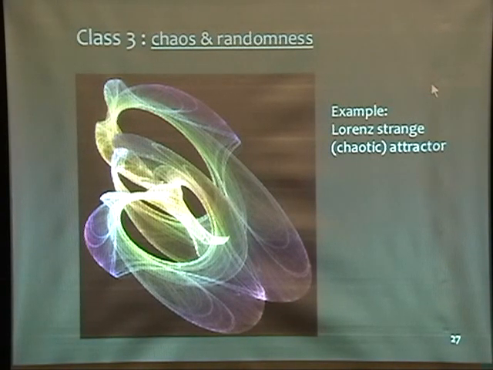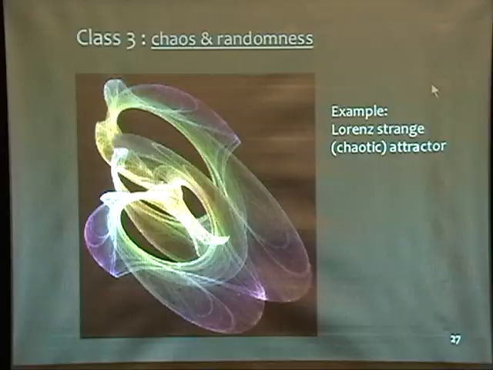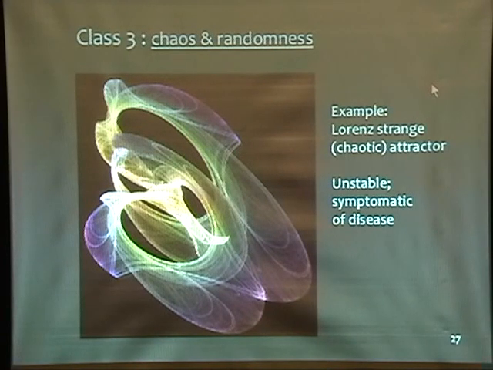So they call it an attractor, and yet it's not class 2 or class 1. So the people who first discovered this said, this is strange. So they call it a strange attractor. It's chaotic because that point never comes back to the same point in space twice. It's always in a different place. It's on the attractor, but it's always in a different place. Chaotic attractors are unstable, and they're usually symptomatic of disease. In us,